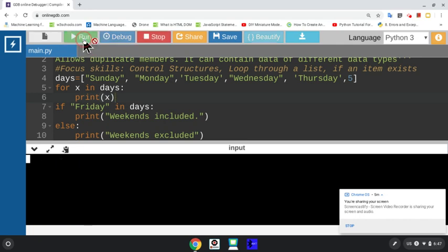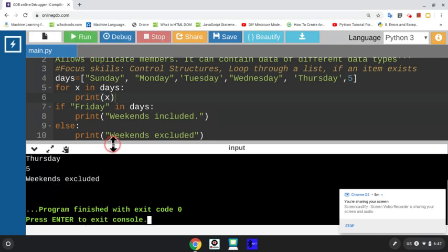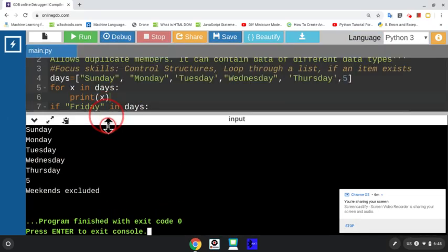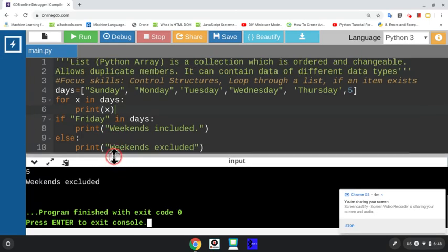Let's run it. You can see first of all it's printing using the for loop, and then it checked the if condition and said weekends excluded. Why? Because Friday is not there. So these two control